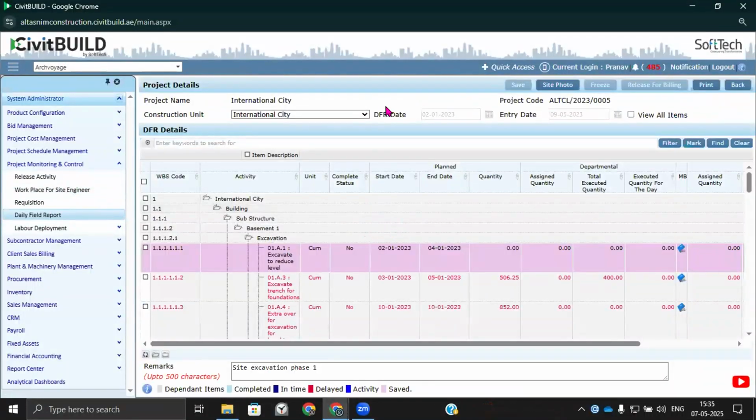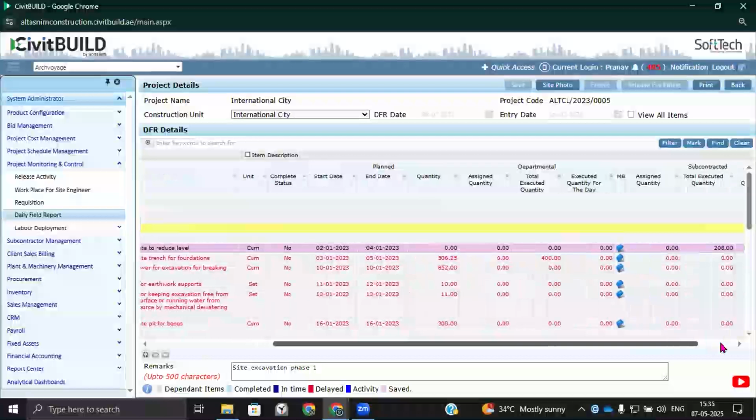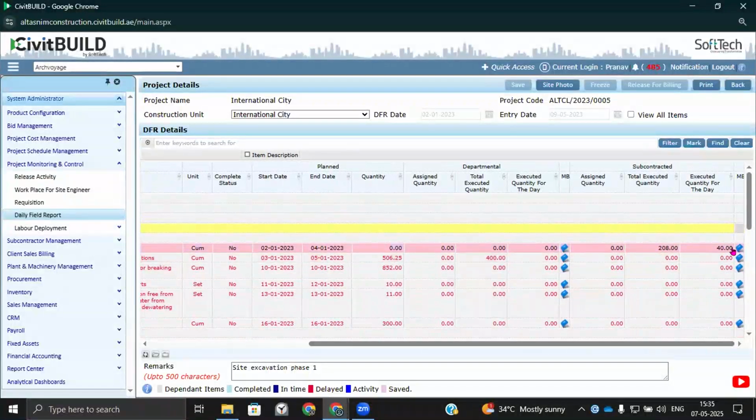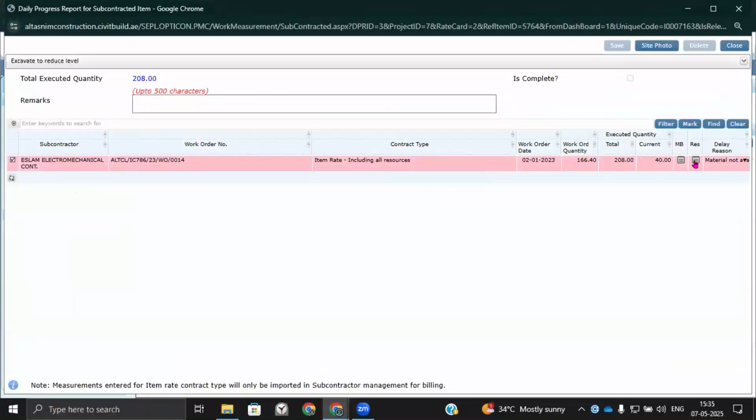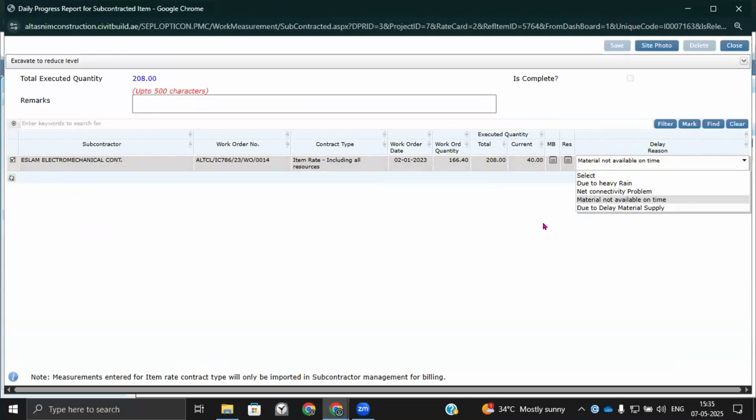Additionally, this daily field report, which I was mentioning during the Gantt chart, gives better control to it. How? Those activities which are getting delayed are highlighted with red. Now site engineers can, based on site progress, fill the daily field report with the help of measurements. They can mention the delay reason as well, why the activities are getting delayed, because of material unavailability or weather conditions not being right, and so on and so forth. There is a master to define the delay reason, and we can pick and choose the reason of delay. And the reports which are generated will give you the reason for the delays of the task, if any.